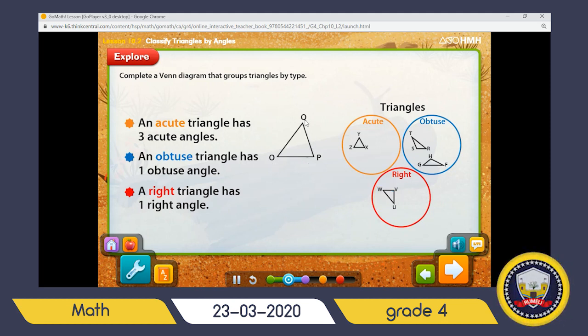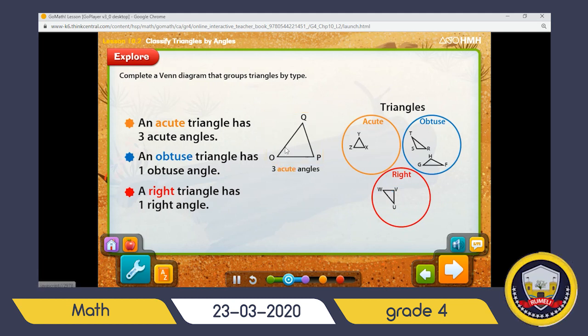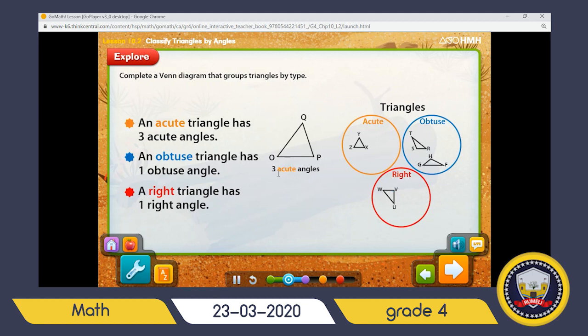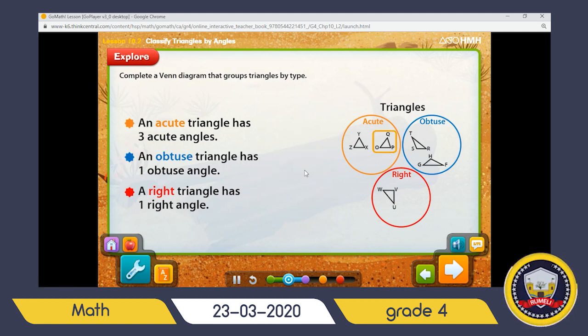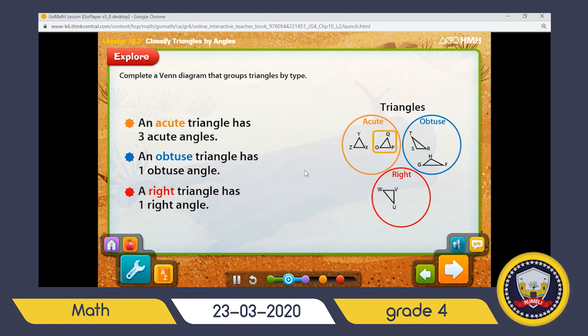OPQ. If we check the angles, we will find three acute angles. If it has three acute angles, which one is it? Perfect. So it is an acute triangle. Good job. So the other one is